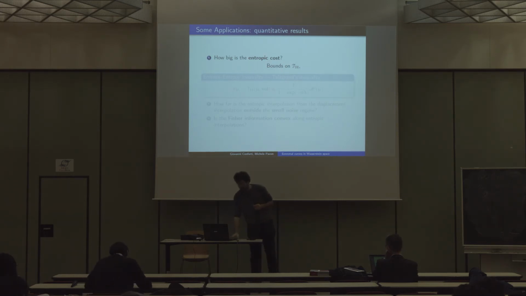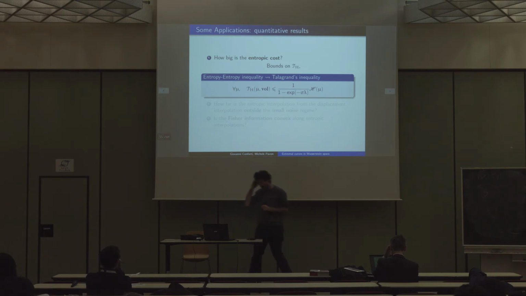But there are other questions which are kind of natural that we can answer. One can ask, how big is the entropic cost? A very beautiful thing about the Wasserstein distance is that although it's very hard to compute, you can always bound it with the entropy. And this is the Talagrand inequality. So now we try to look at how to bound this entropic cost. And actually it turns out that you can bound the entropic cost between any measure and the volume measure by, again, some constant, which gets better and better with the ergodic properties of your reference dynamics, times the